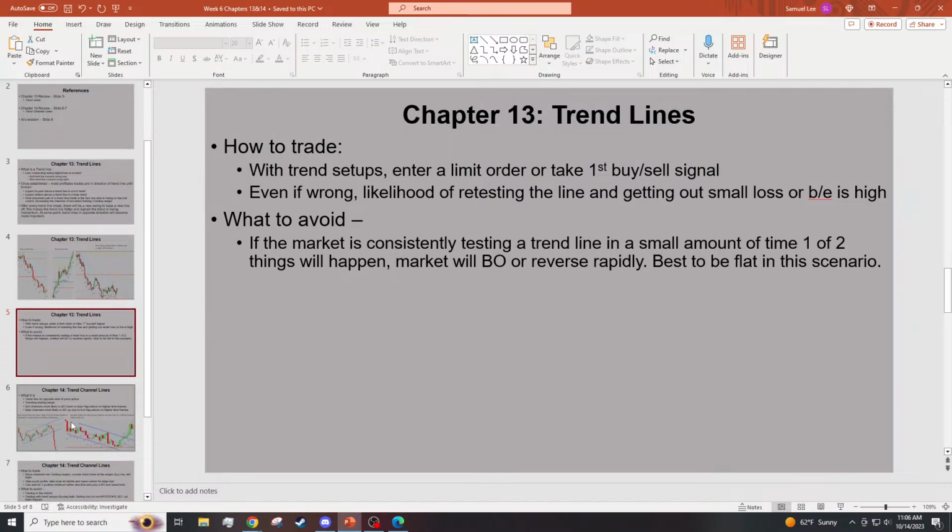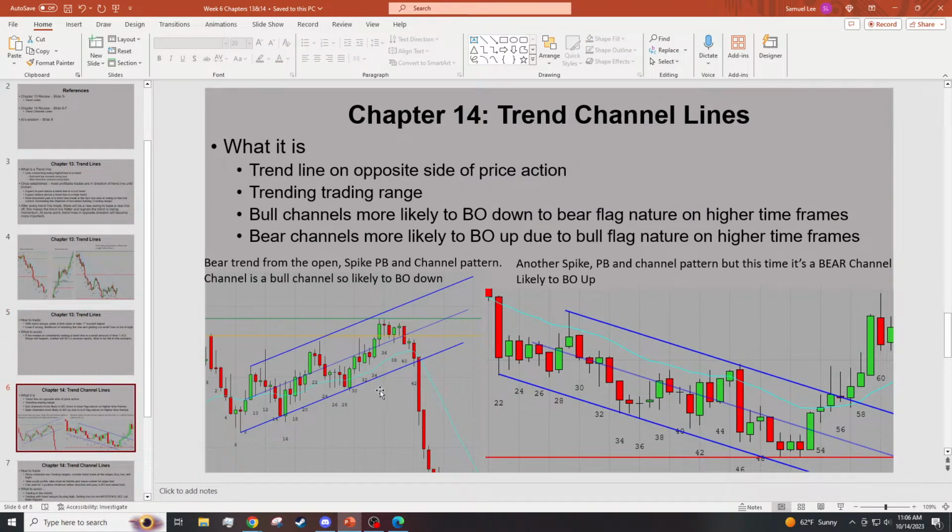So, moving on to chapter 14, trend channel lines. A trend channel line is an opposite line of a trend line, right? Looking down here, we know it's a bull channel, but you could also call it a bull trend in some ways because you're making higher lows, right? Well, you put a line on the opposite side, relatively the same angle and same length, and you're going to get